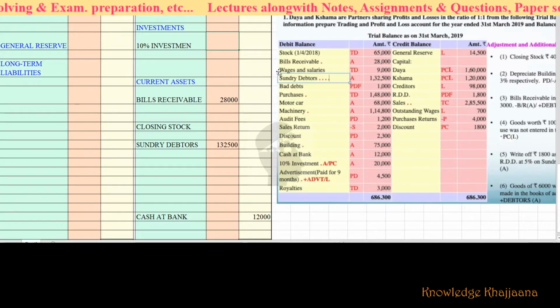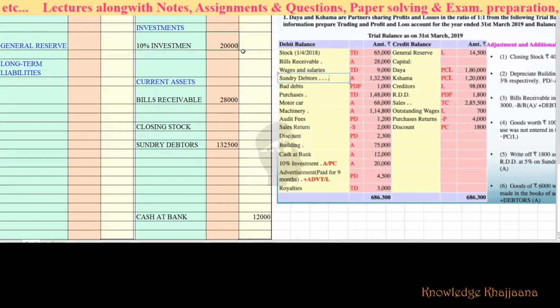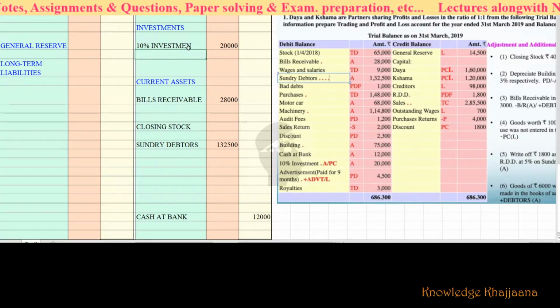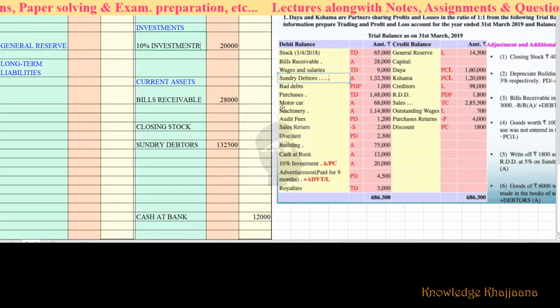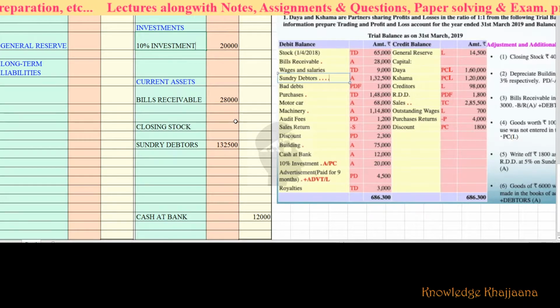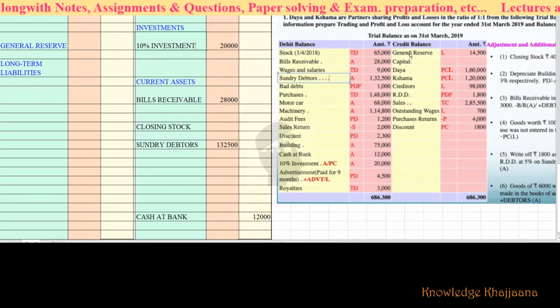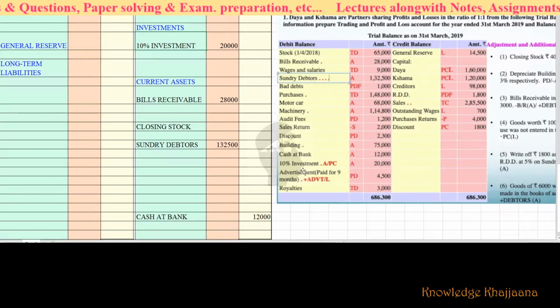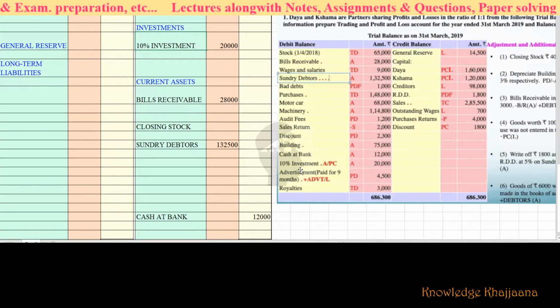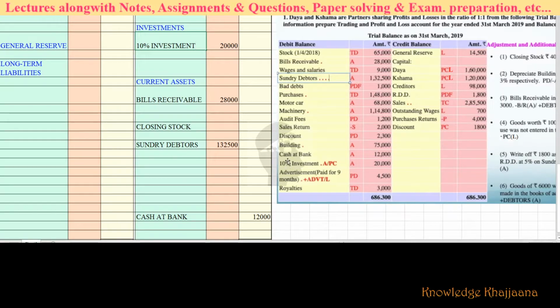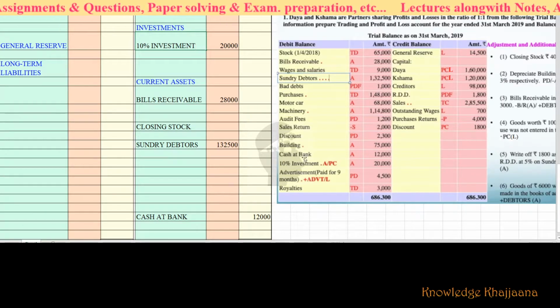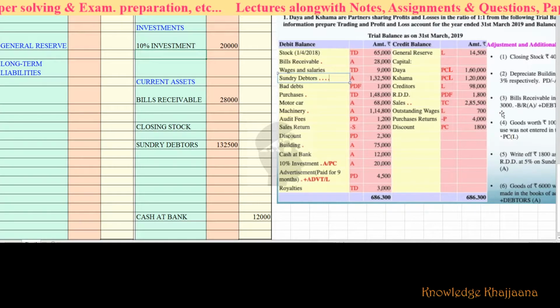10% investment, rupees 20,000. Okay, and what did I tell you just now? See, why is there a hidden adjustment? Because we haven't received any interest on that investment. So the entire interest of 12 months of the entire year at the rate of 10% is due. It is accrued. Okay, so we'll write over here